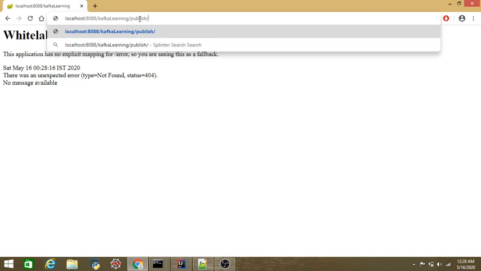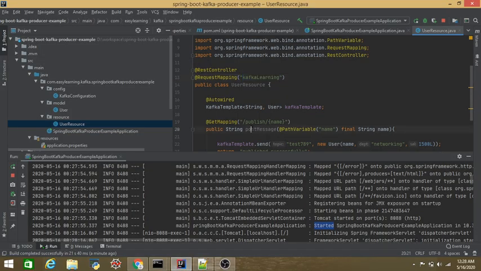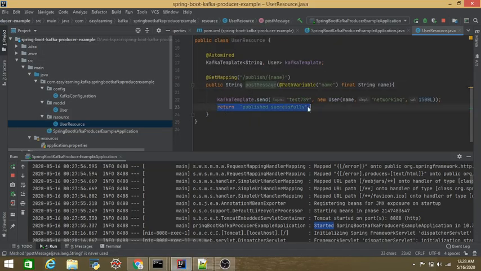So we need to pass a name parameter here. So let's say Anthony. Okay, let's pass this name, and you can see guys, the message which we have returned here has been published on the browser. So Kafka template would have sent this message to this topic as a User JSON model.